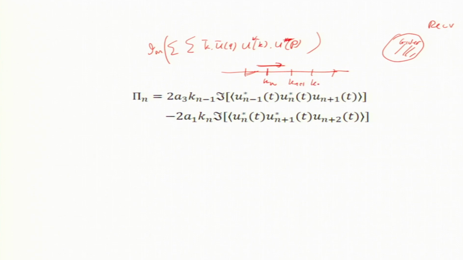So, energy is received by k n plus 1 and so on, but it is a local model, in the sense the interactions are only local. So, k n interacts only with 2 more shells to the right. So, we do not need k n plus 3, right, because k n can only interact up to k n plus 2. So, we stop there. Okay. So, there is no integral, there is just a sum, there are 2 terms. And the 2 terms are the interactions of n minus 1, n and n plus 1. The 2 of them are complex conjugates in the Sabra model. So, there are 3 modes interacting, n minus 1 and n plus 1, there is a coefficient in front and there is an imaginary part.